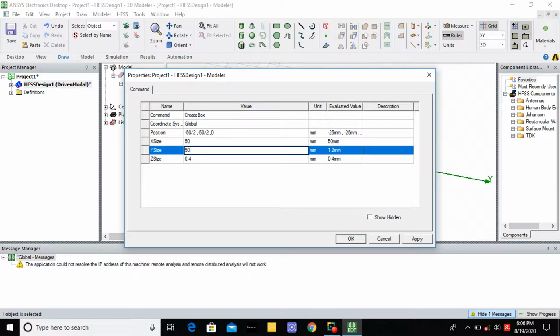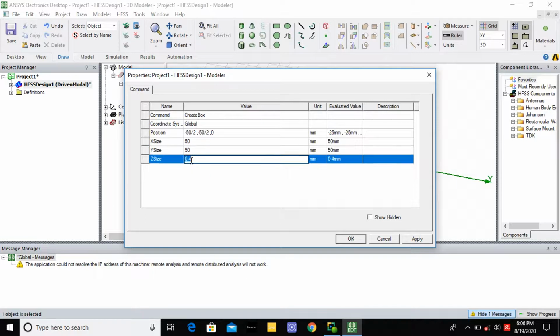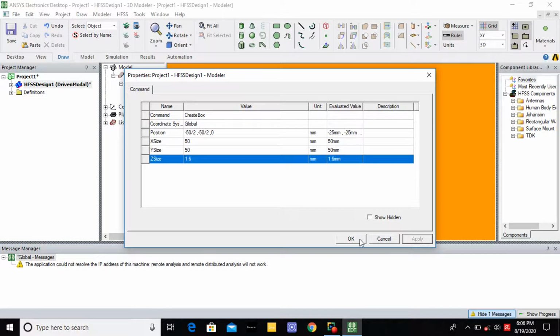So here the value is minus 50 by 2 and minus 50 by 2 comma 0. Then Z size, the thickness of the substrate. Z means the substrate thickness, I am giving here 1.6. Then you give apply, then you give OK.